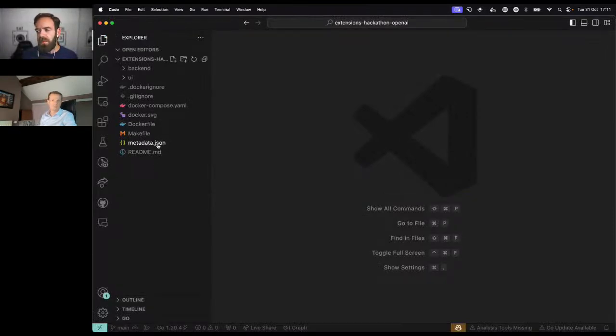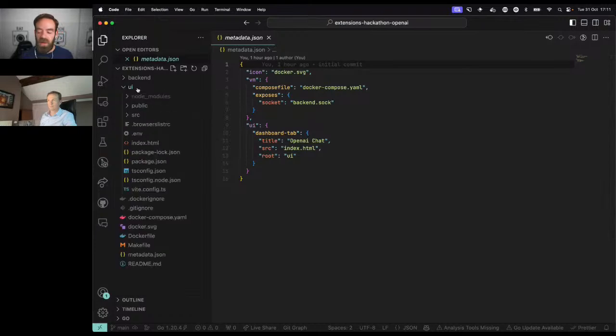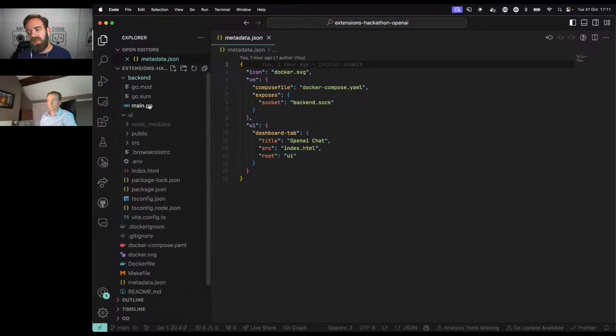We have some files here at the root level, like metadata.json, and this is needed for Docker Desktop to be able to work and see where the extension lives and put a name and a logo, etc. But it also contains, as you see here, some part that is a UI, the front-end side of the extension, and some back-end side that is written in Go for this init command that we just ran. And Guillaume, feel free to interrupt me if you see anything that deserves some recognition in the code.